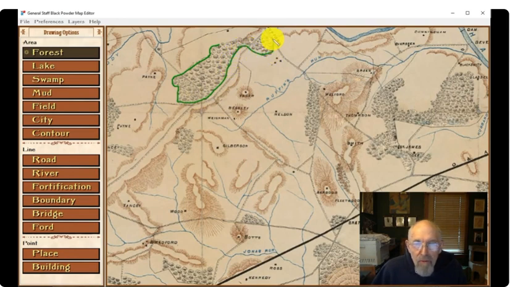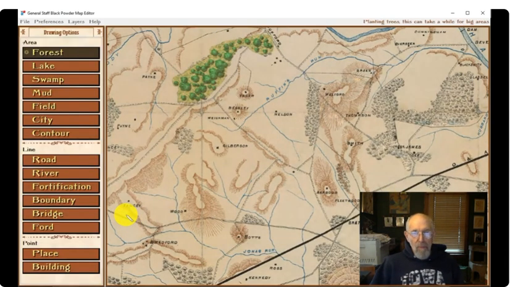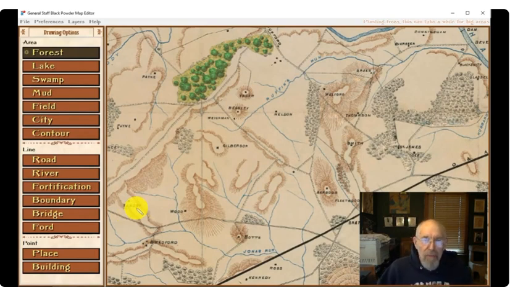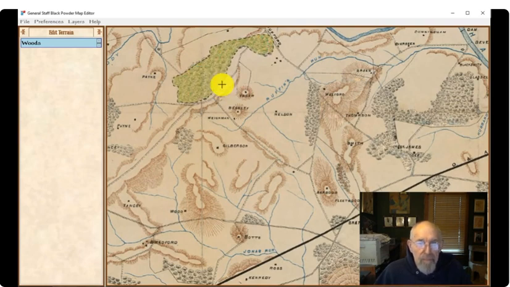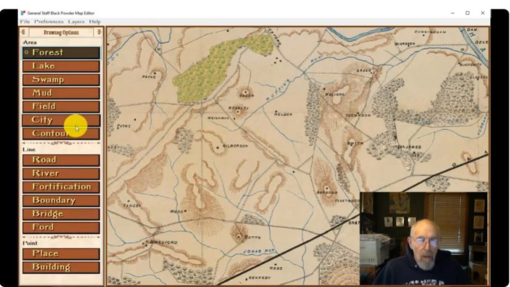I want to put down the forest first because I'm going to put the roads that go through it later. Boom, that's all there is to it. You've got some options here if you want trees or if you don't want trees. You can click on this and then right click on it, and we can say make it transparent or make it green as it is there, and remove the trees and make that effect, whatever you want. These are all built right in.